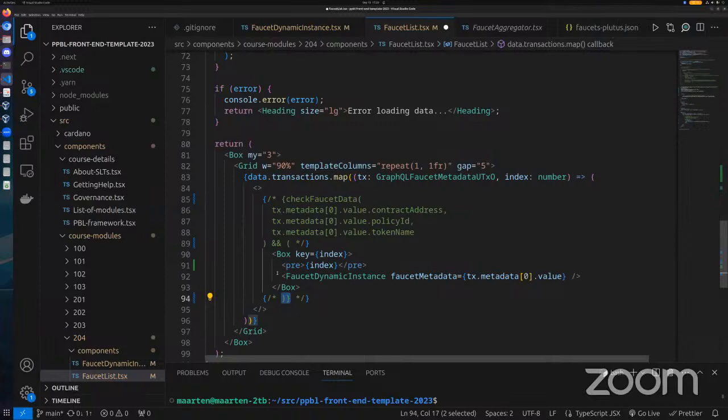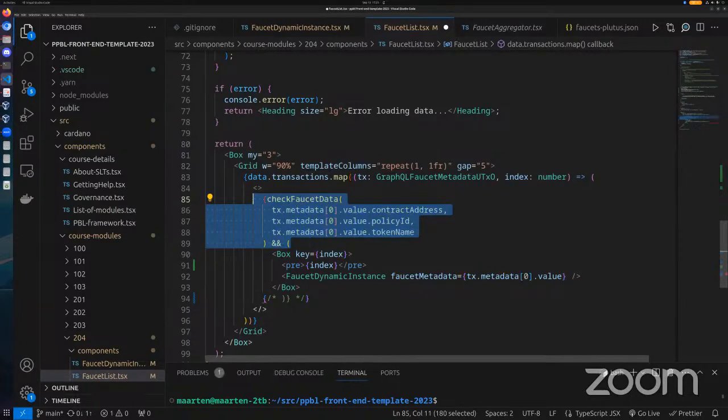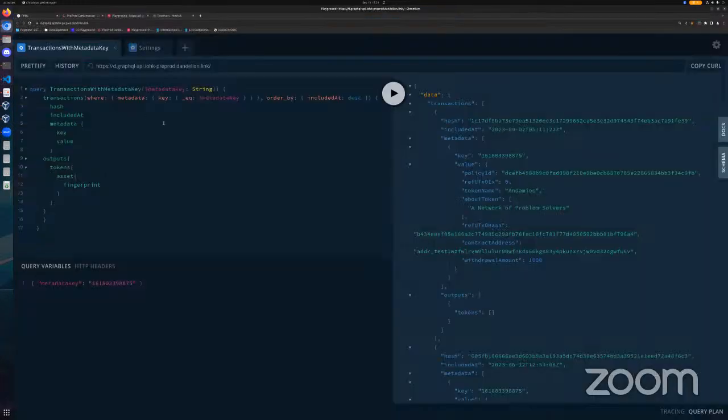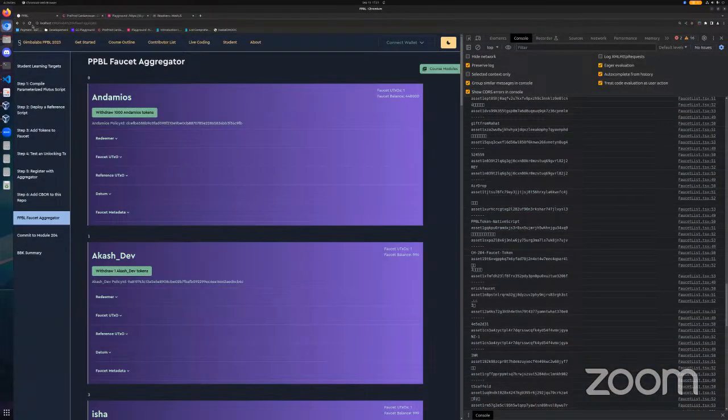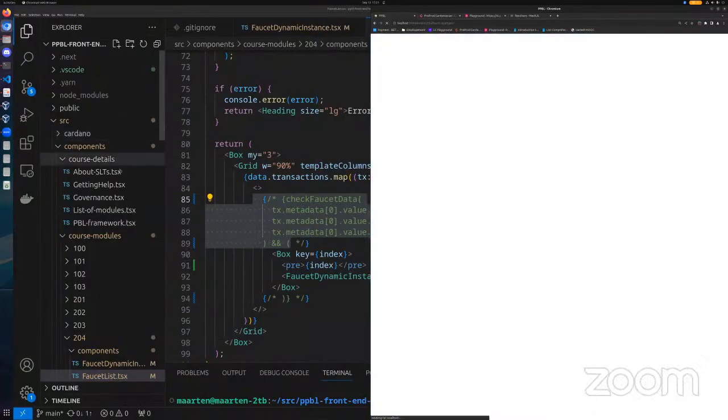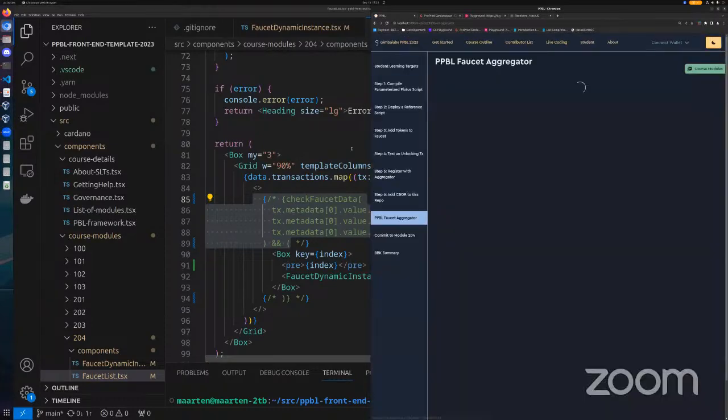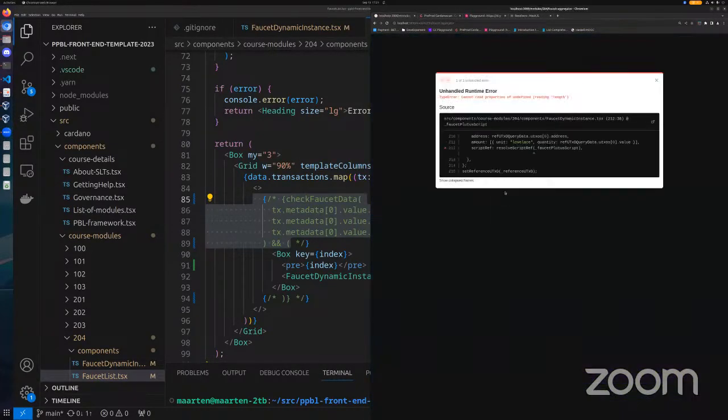All right, so show us what happens in the browser if you leave that check out. Leave it commented, save that, and jump back to the browser where you've got this running on localhost. It starts to load.